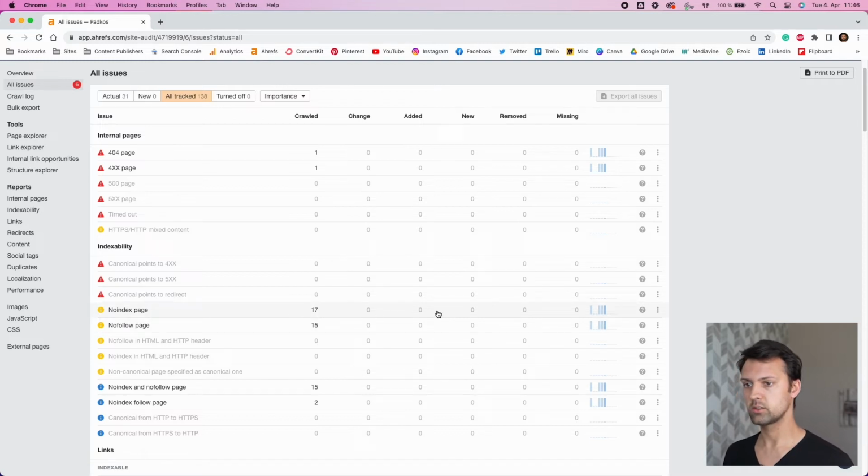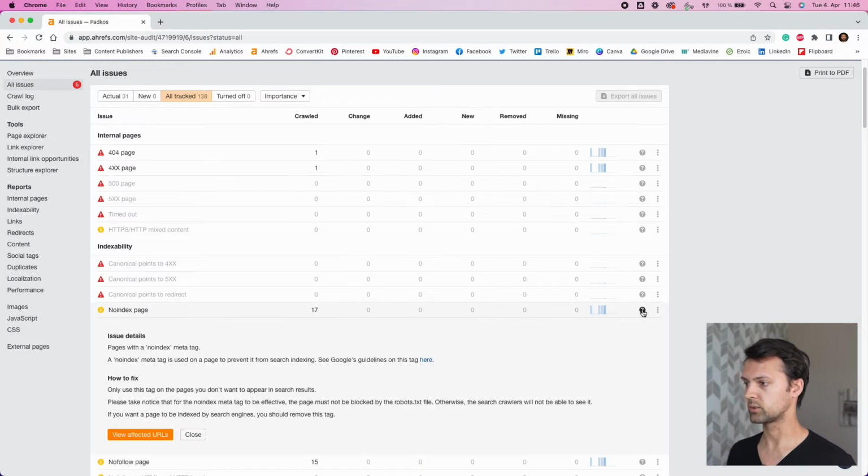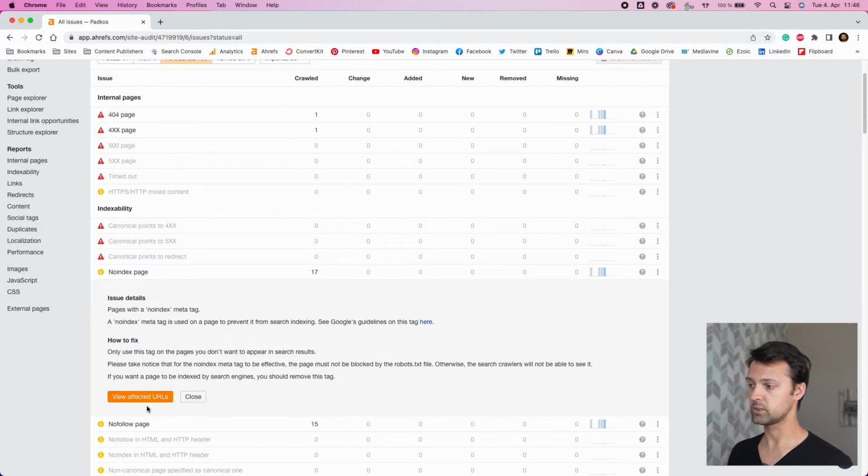You can just click on this. You can see here again, we've got the question mark. It's going to tell us what this is: no index meta tag is here, and then how you can fix this. You can then go and read through that. But what I'm going to do is show you how to do it now by going to